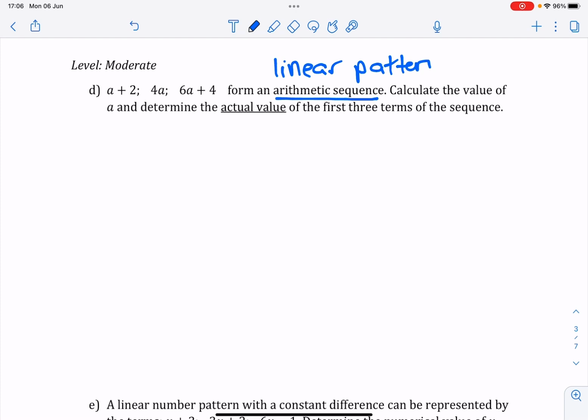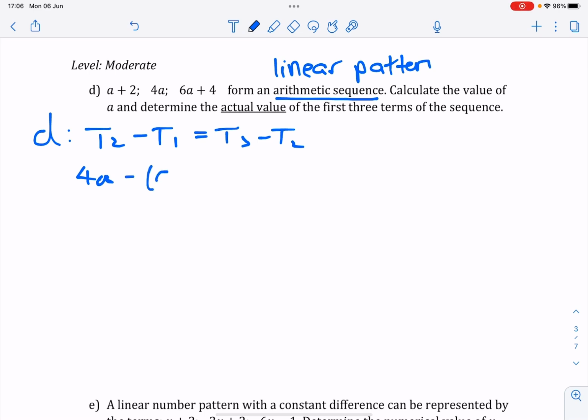Calculate the value of a and determine the actual value of the first three terms. This is where your theory comes in very important. The difference value is T2 minus T1 is equal to T3 minus T2. Now we can use algebra. So let's sub in. T2 is 4a minus T1 in a bracket, which is a plus 2, is equal to T3, which is 6a plus 4